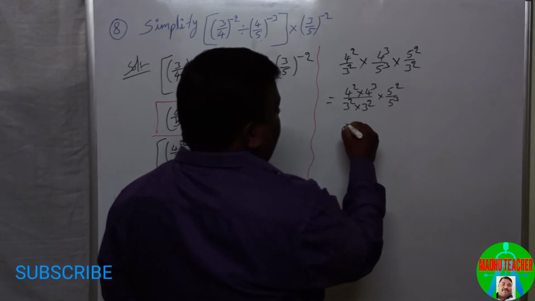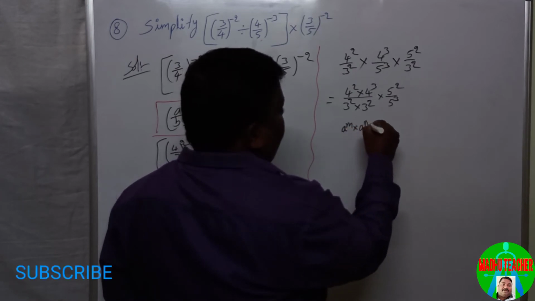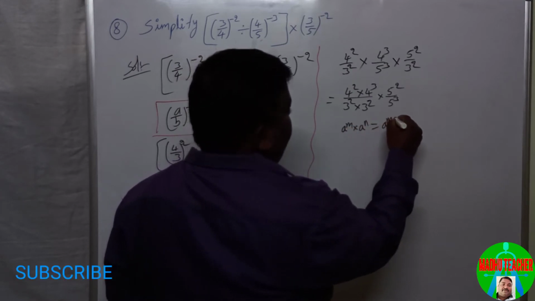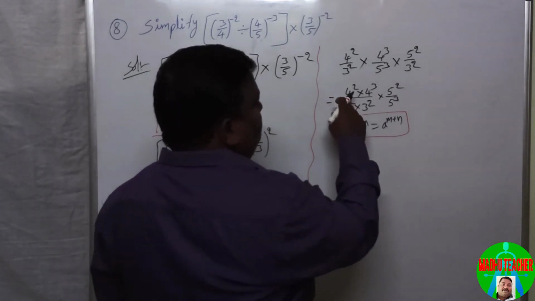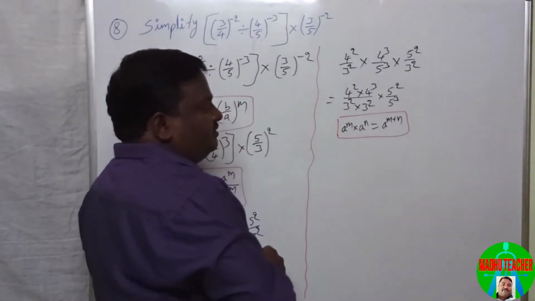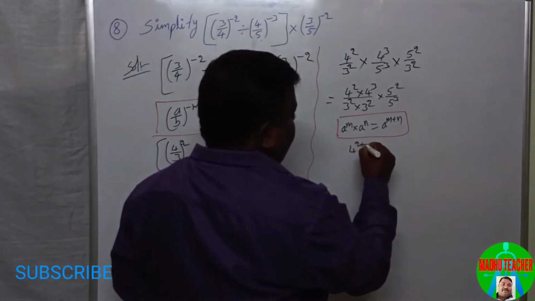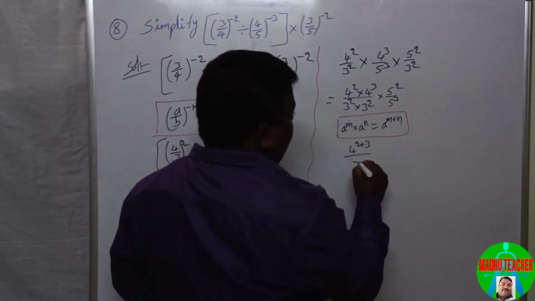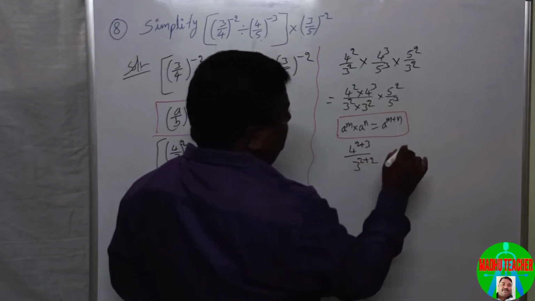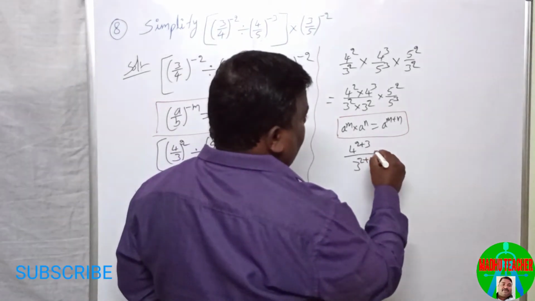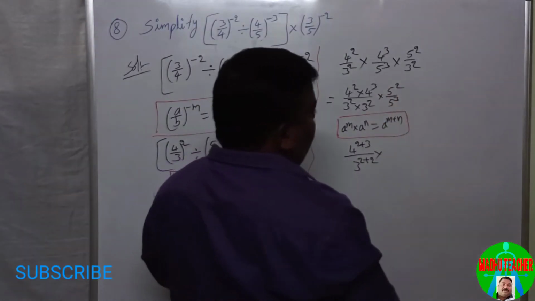That is a to the power of m into a to the power of n equals a to the power of m plus n. These two are in this form, so we can write as 4 to the power of 2 plus 3 by 3 to the power of 2 plus 2 into,